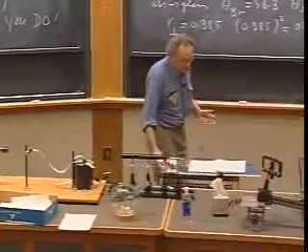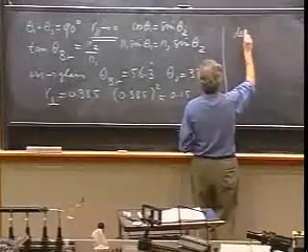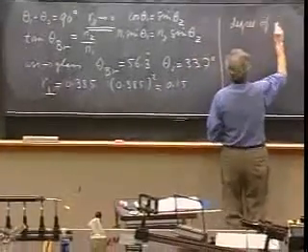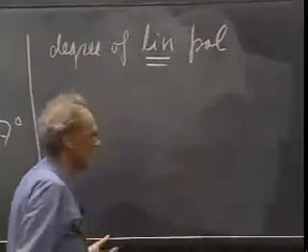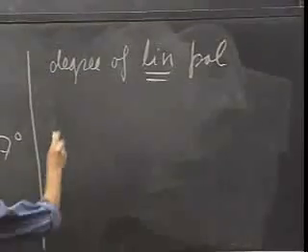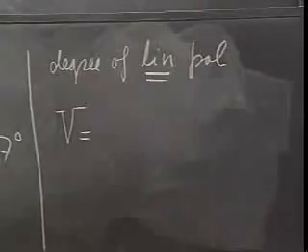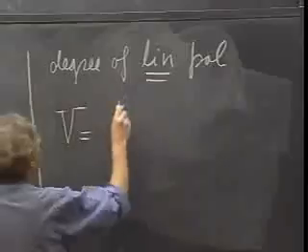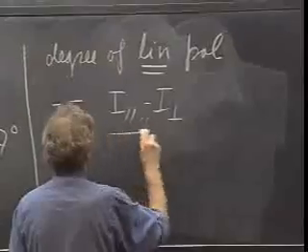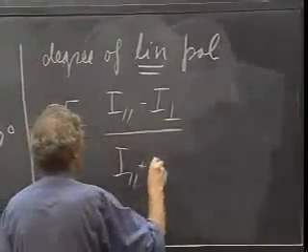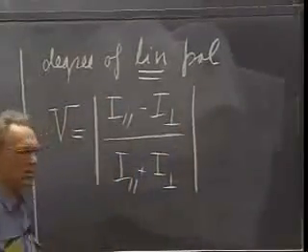And I'm going to give you now one possible way of defining the degree of polarization, the degree of linear, I stress that, of linear polarization. And I will define that for you. I give it a capital letter V. I don't think that's universal, I just gave it the letter V. It's the degree of polarization. And I define that as the intensity of the parallel component minus the intensity of the perpendicular component divided by the intensity of the parallel component plus the intensity of the perpendicular component. And I take the absolute value.